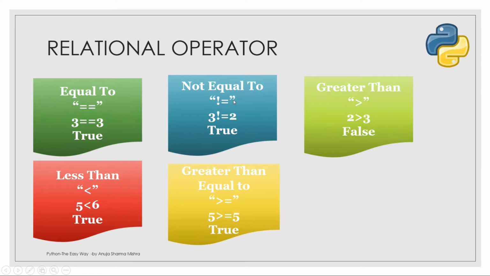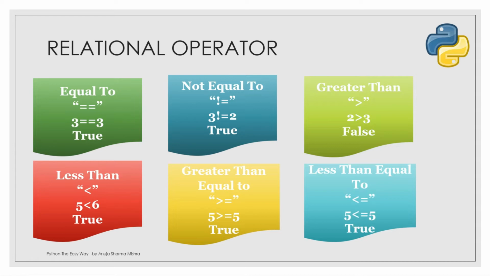If I want to check if two values are not equal to each other, I write 3 not equal to, so exclamation mark and equal to sign. 3 is not equal to... true, it is not, so it will return you true, of course. And then we have the greater than sign. If 2 is greater than 3, it will give you true or false accordingly. So 2 is not greater than 3, so it returned false. Similarly, less than sign, then greater than equal to sign, and then less than equal to sign. So let's quickly go back to our IDE and try running all these.